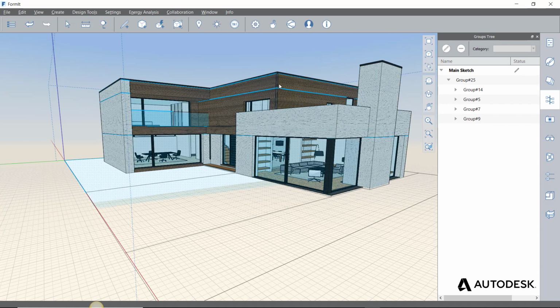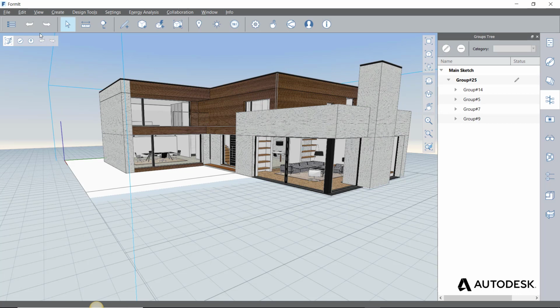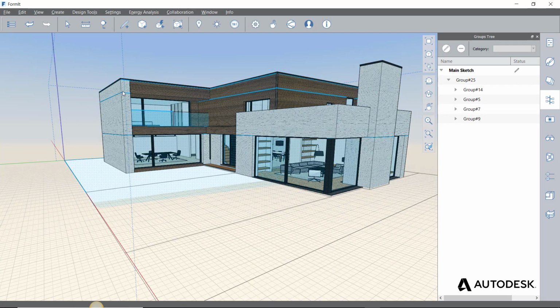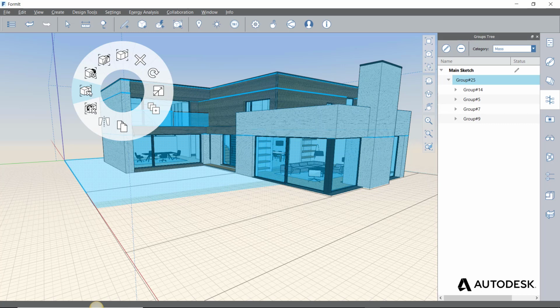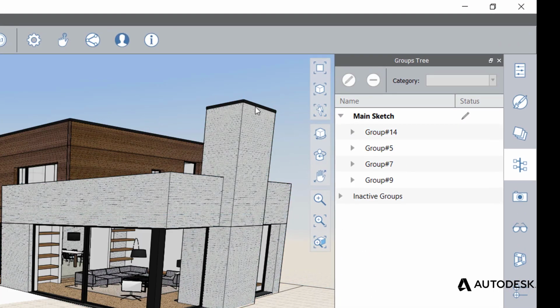But the first thing we want to do is actually ungroup this top level group. So I'm going to right-click and choose ungroup. Now you have ungroup all, which would actually flatten the entire file, get rid of all groups. We don't want to do that. We just want to go level by level here. Okay, so now we've got these 4 groups,